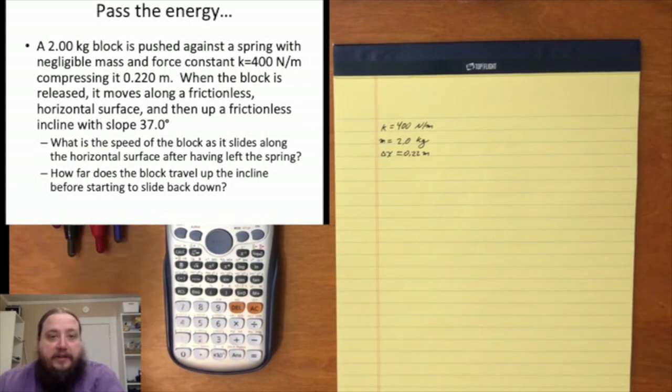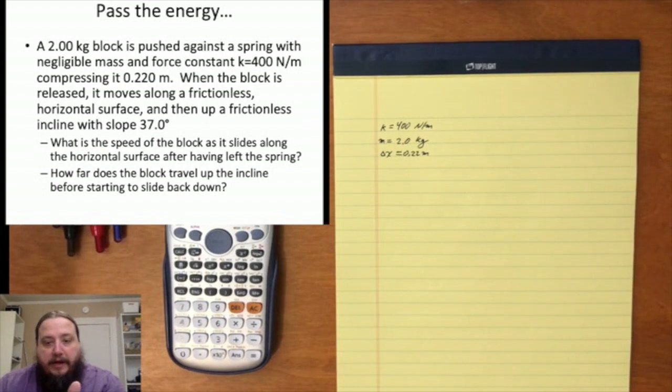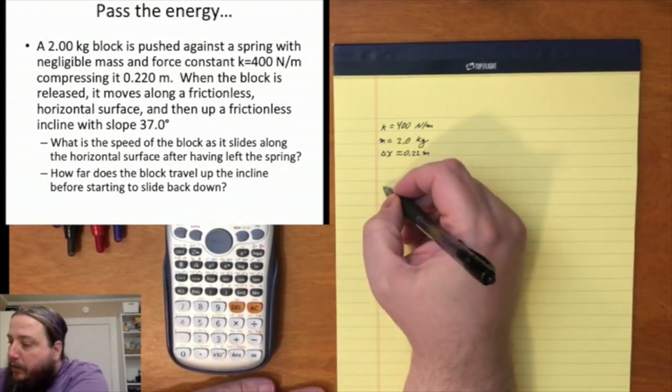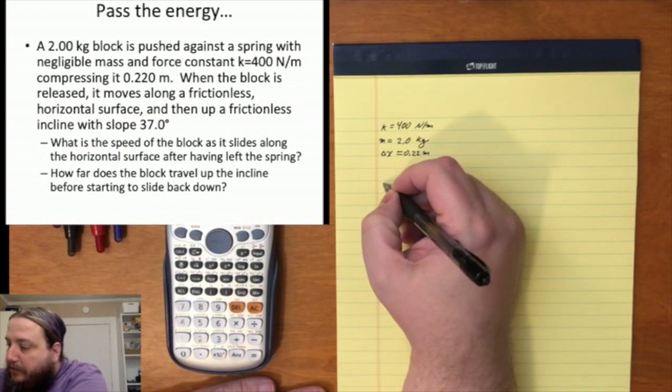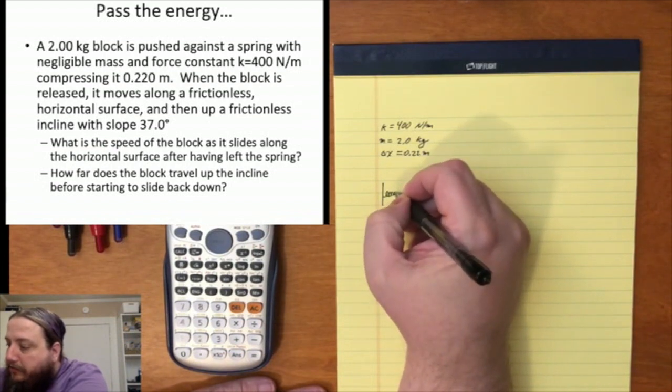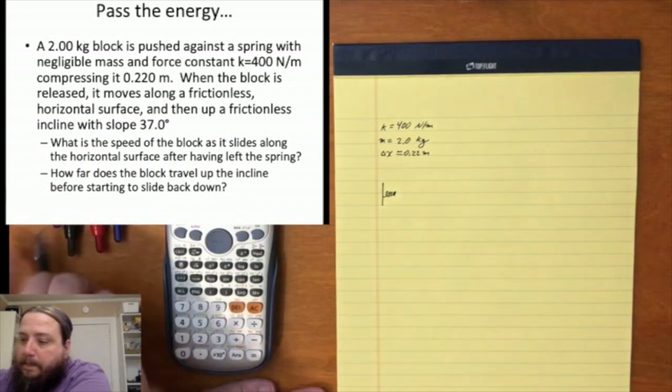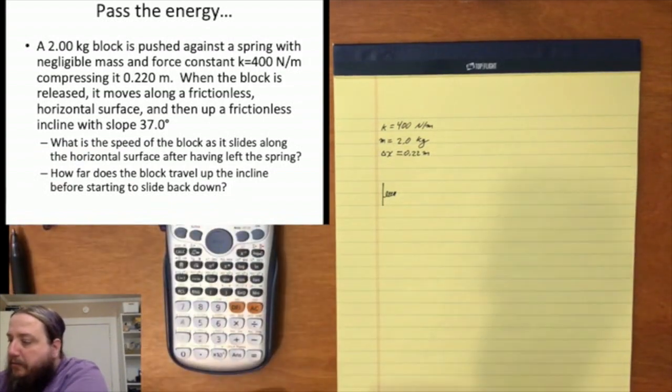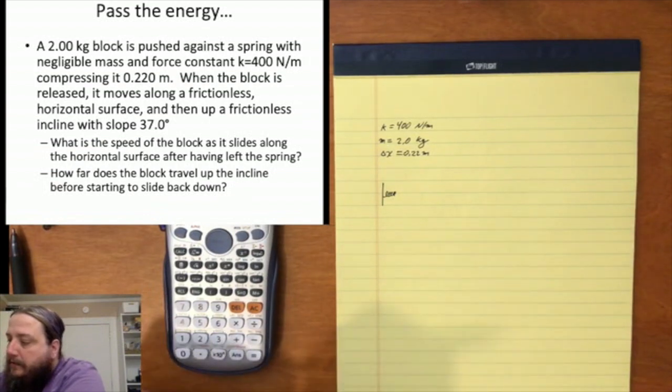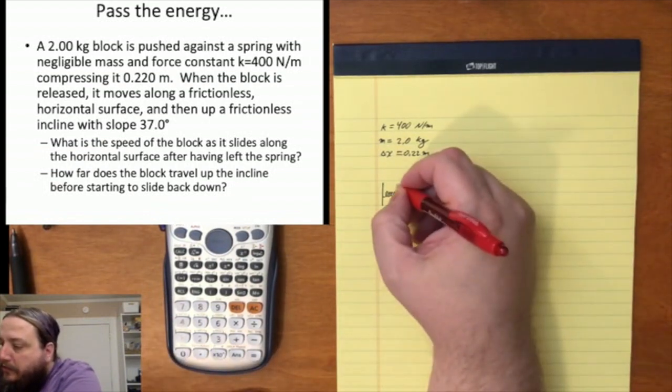The block is pressed against this spring. So we have the block squeezing a spring here like this. So we could imagine to begin with, here's a wall, here's some compressed spring. There is a compression distance here, which is our,